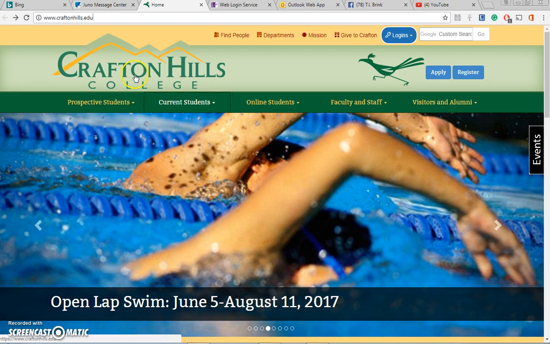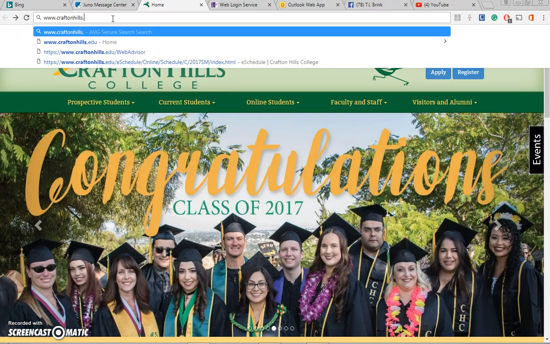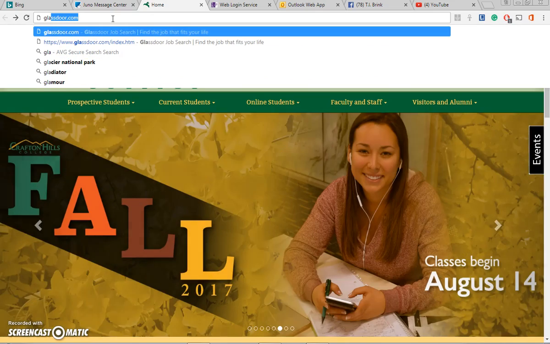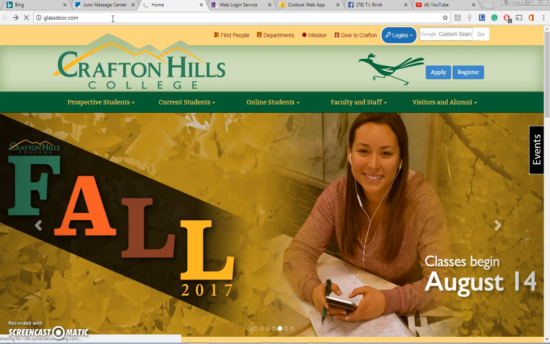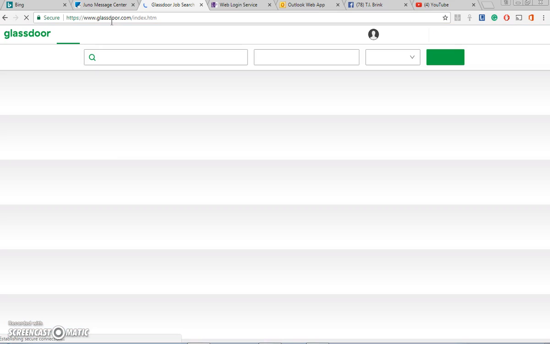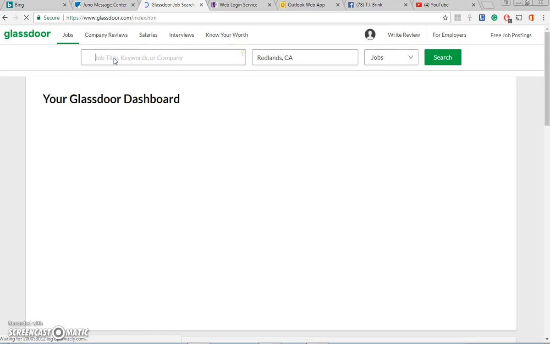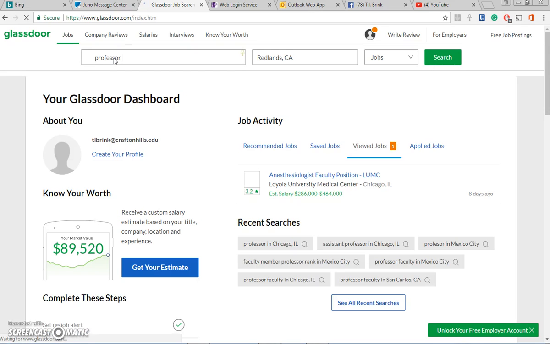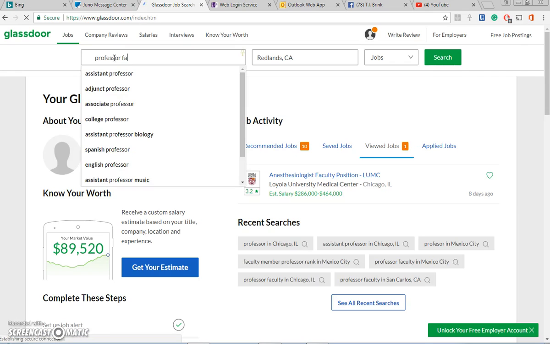Let's take a look at an example. We're going to go to a very useful website called Glassdoor. And what I'm going to do is to enter several criteria for a job, and we'll see what pops up. The first thing I have to do is to talk about what kind of career I want. So I'm going to type in a couple of words: professor, faculty,